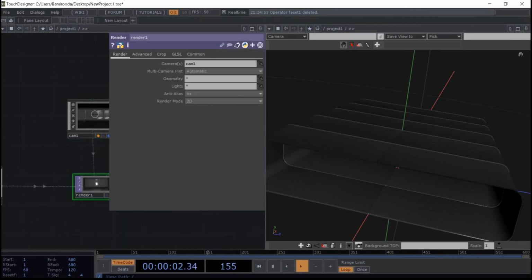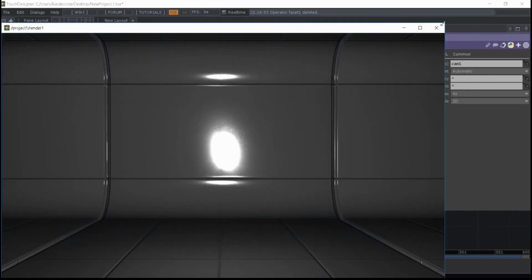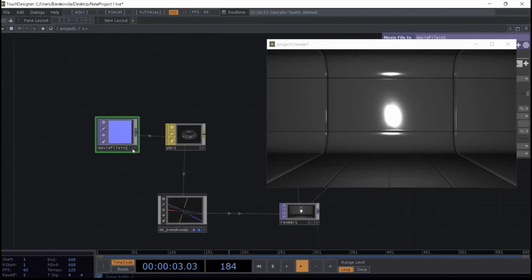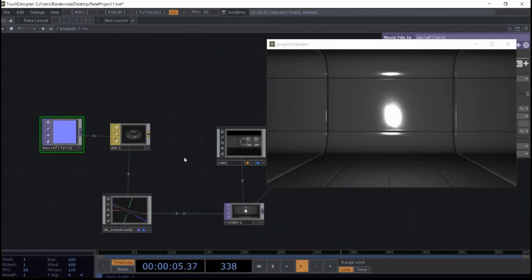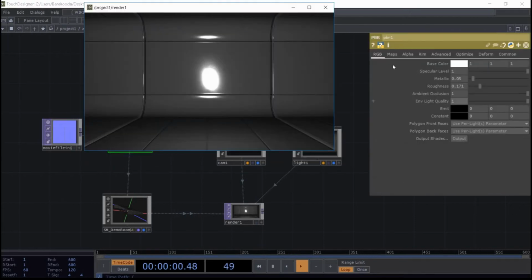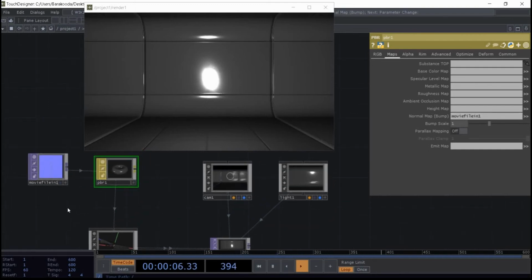I want you to notice now. Let's look at the render now. I want to show what this normal map is doing in this case. If we go to the maps and move away the normal map, we're losing these edges. And when we return it, we have it. We can also change the bump scale here,